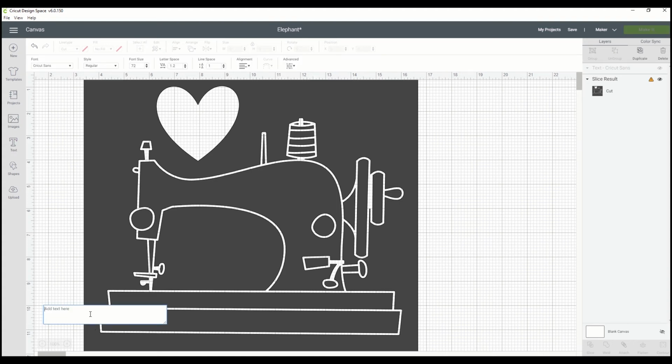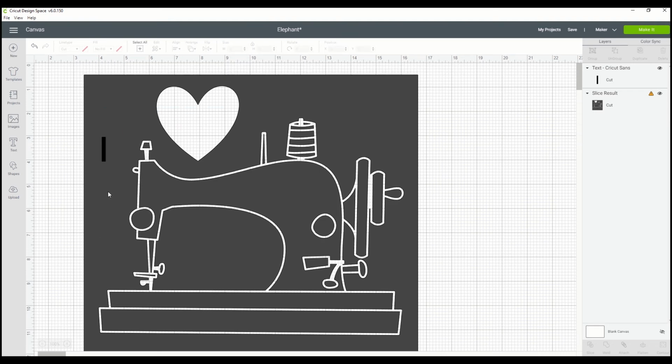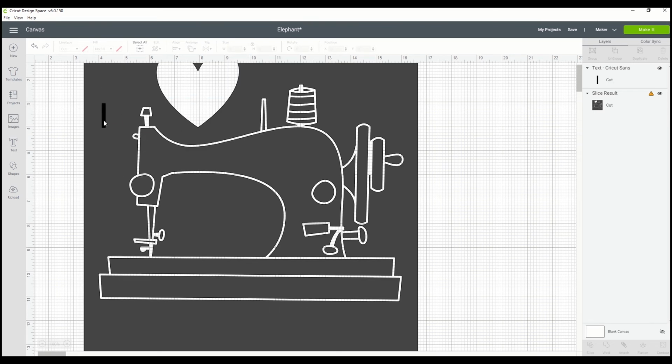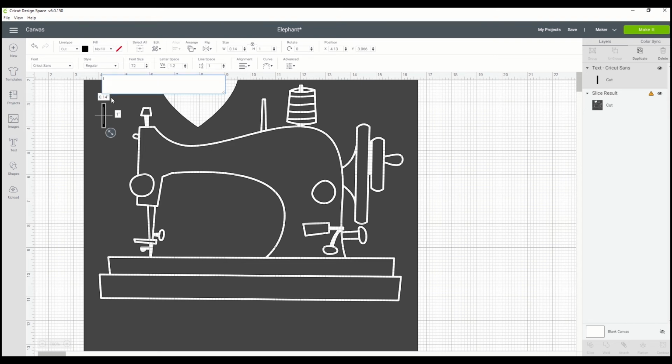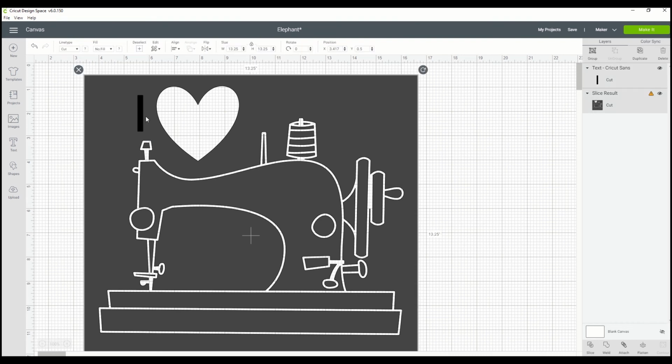And then if I wanted to add text, I could just say I, and then change the size of that letter. So we've got a font size of 72. That might be good enough. If I want to make it bigger, I can. Like if I want to say I heart sewing, maybe is what I'm trying to go for here. Select both, slice,